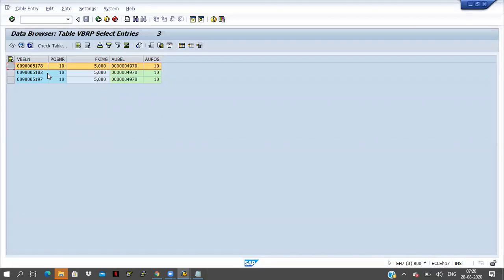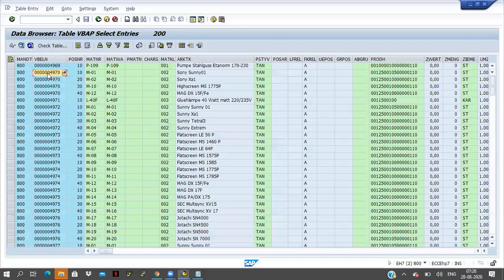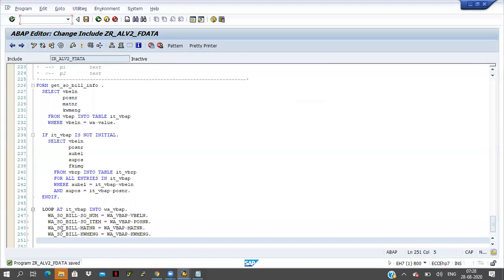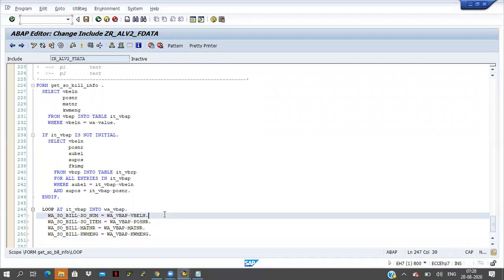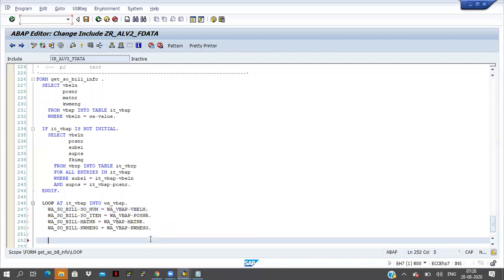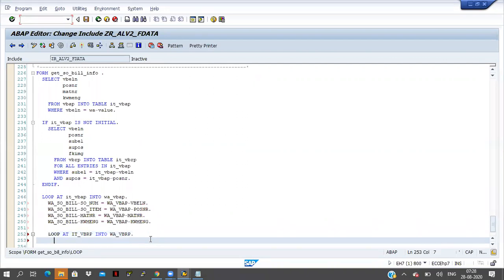So for the single sales document number, I can get multiple billings, so I will do one more loop: LOOP AT IT_VBRP INTO work area VBRP, END LOOP.